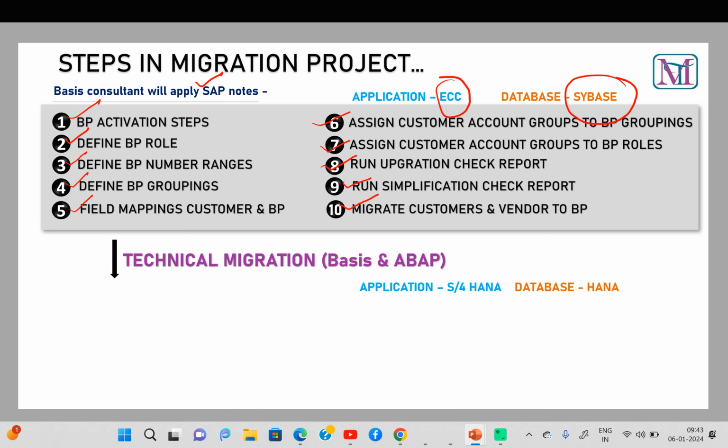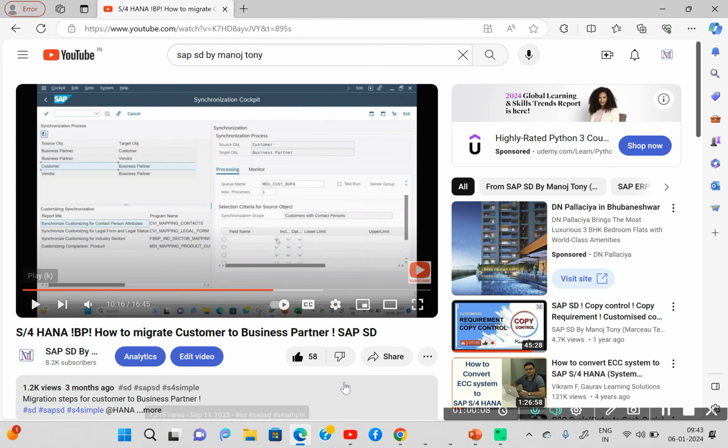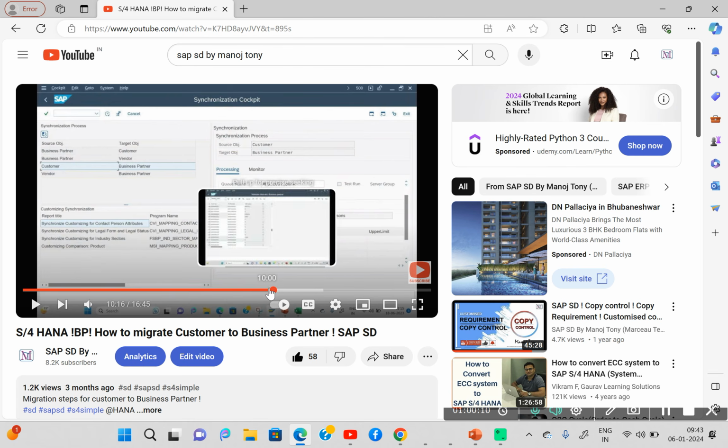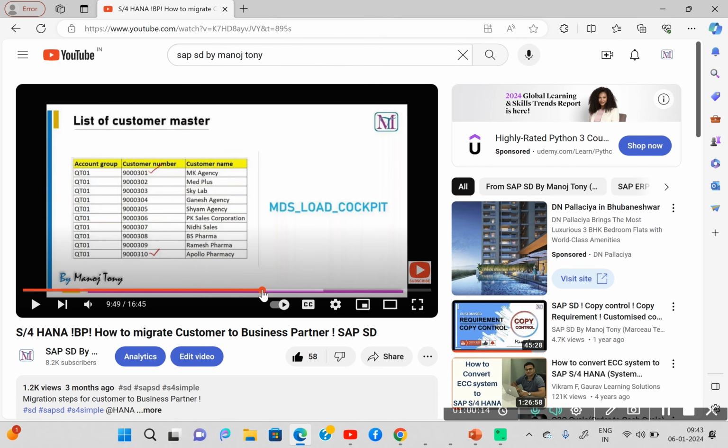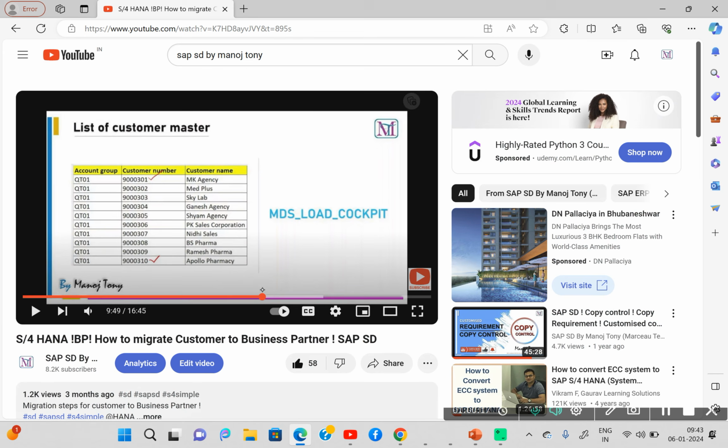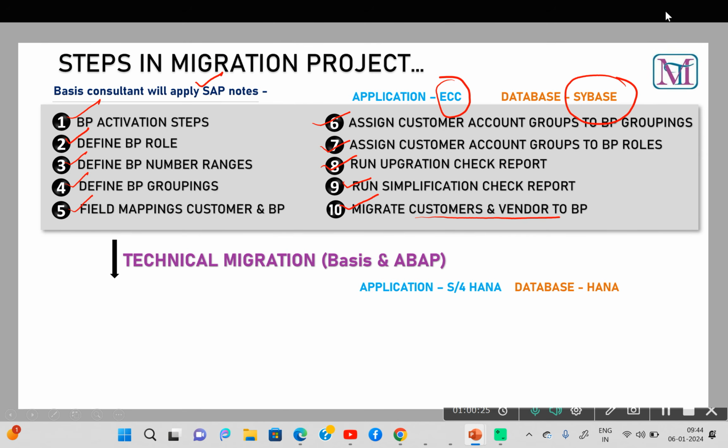Then after this, suppose we have converted customer to vendor. So how have I converted customer to vendor? You just go through this session. It is around 16 minutes only. I have used this report MDS_LOAD_COCKPIT. After configuration, I have successfully migrated it to business partner. Okay, then